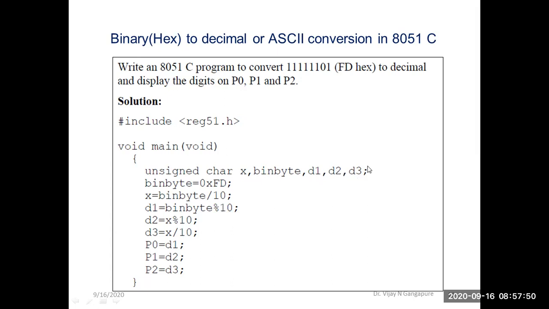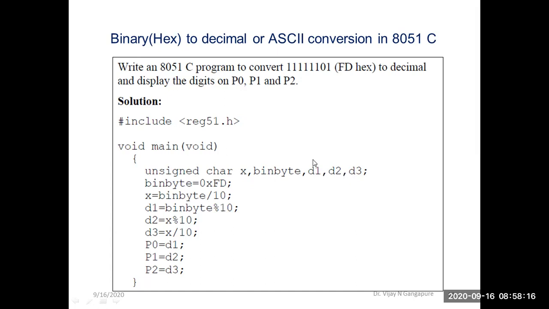Okay, and these are of type unsigned char, means in each variable I can store a number between 0 to 255. Okay, now I will just tell the uses of these variables d1, d2 and d3. So these three variables are used to store the converted decimal number. Okay, digits of the converted decimal number.